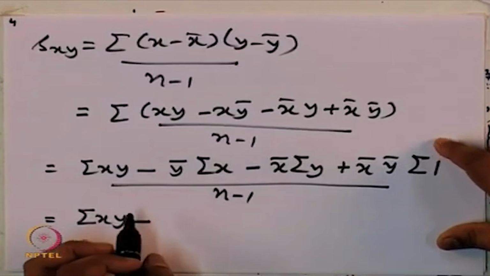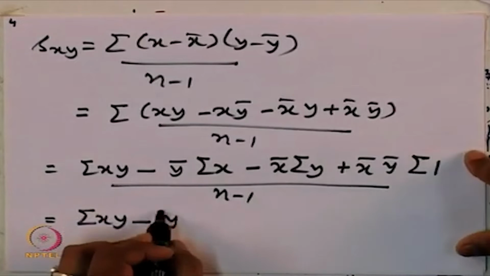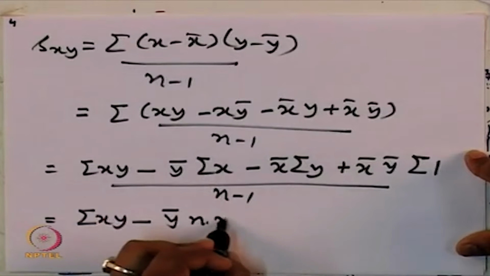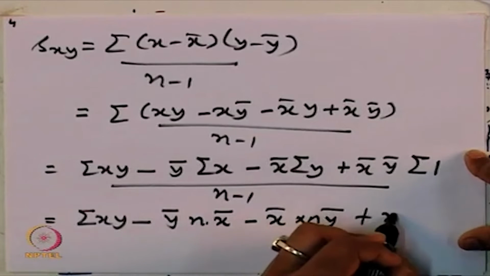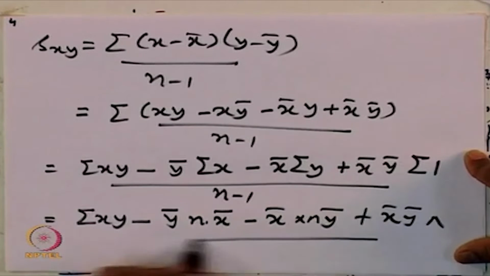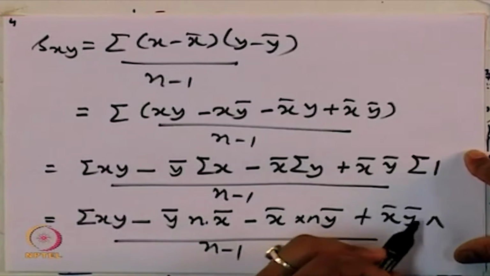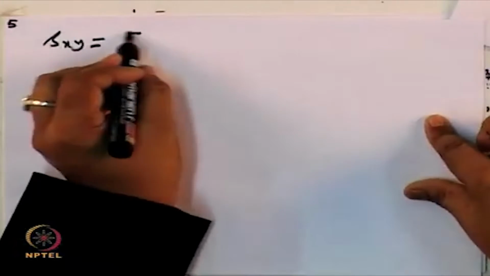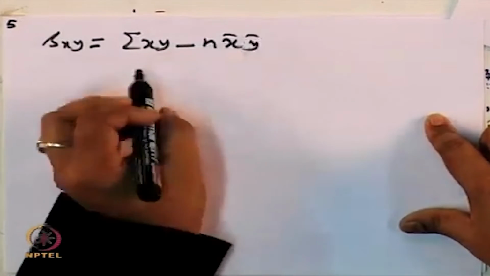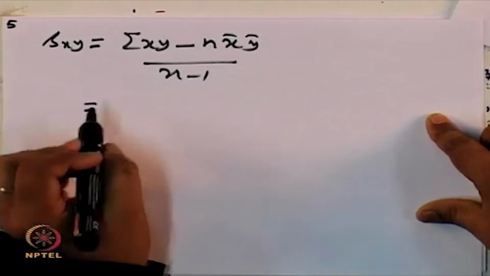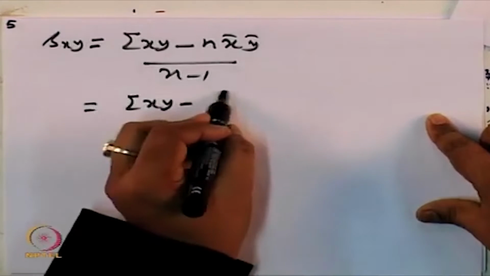So, y bar is okay. So, I can have y bar and summation x i to n into x bar, similarly x bar into y bar plus x bar y bar into n, by n minus 1. Okay. So, this and this cancel out, and what you are left with is the expression s x y is equal to summation of x y minus n x bar y bar by n minus 1. So, I can rewrite this equation as